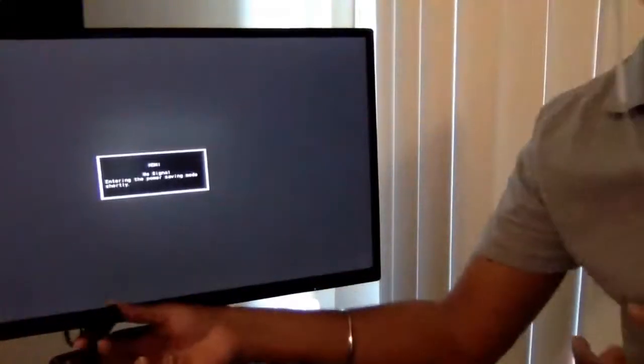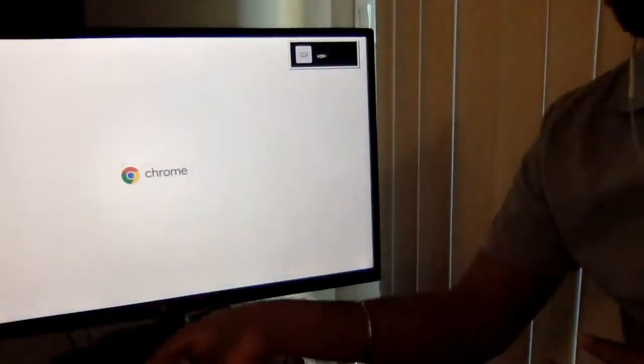I already connected it to my home Wi-Fi, and the device is running on the Wi-Fi. I connected the device using the HDMI cable and powered it up. Once all the settings are pushed into the device, it directly changes into kiosk mode.